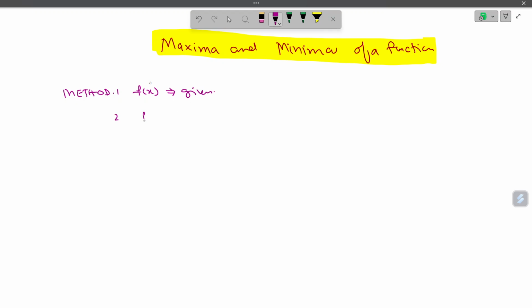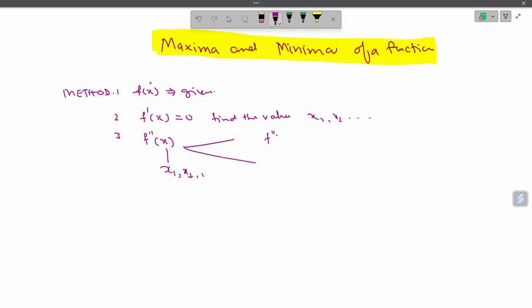Then second step, differentiate the function and equate to 0 and find the values. You may get x1, x2 like that. Third step, again differentiate. After differentiating, put the values x1, x2, x3, whatever you are getting. Suppose we are getting f double dash x at the place x1